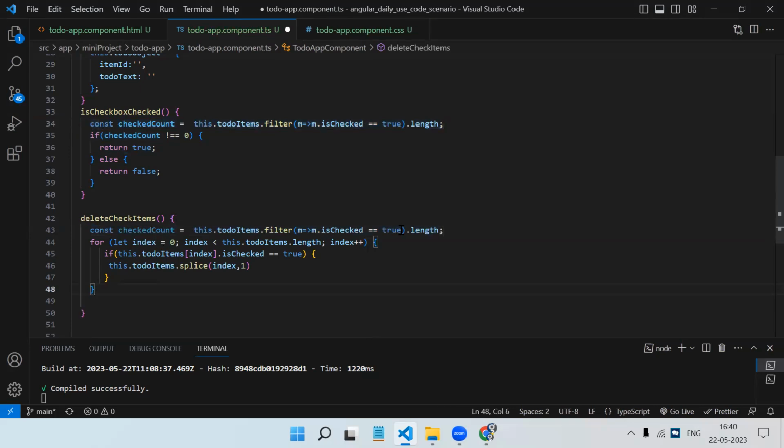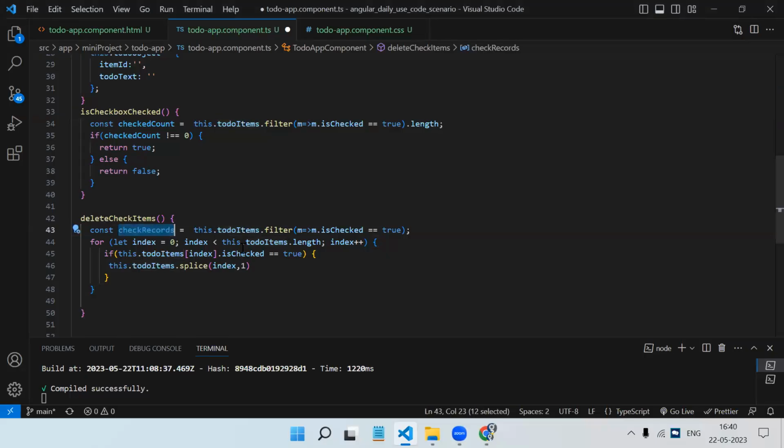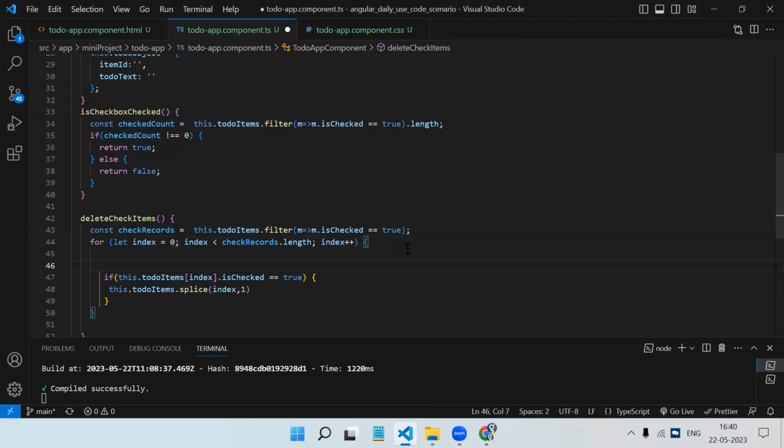So check count, instead of check count, it will be checked record, and we will use for loop on, wait, this will, okay, so first for loop we will use on the checked record. So instead of this, it will be here. And what we need to do is find the index. So constant checked record